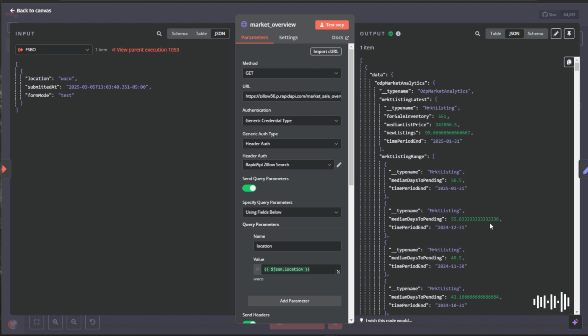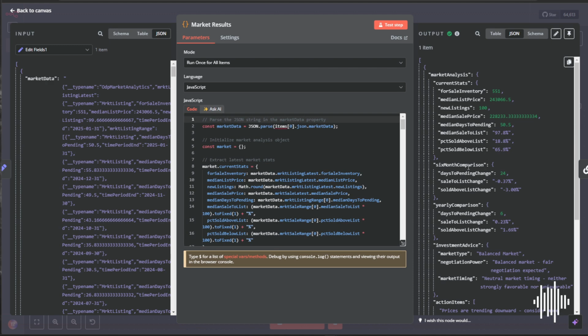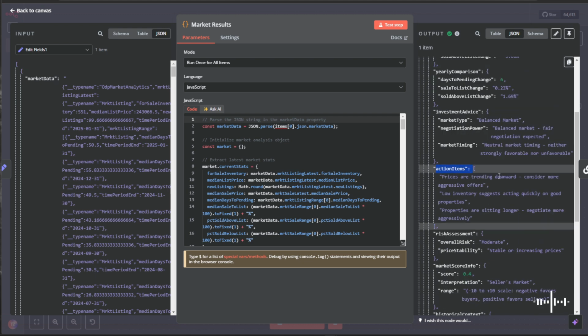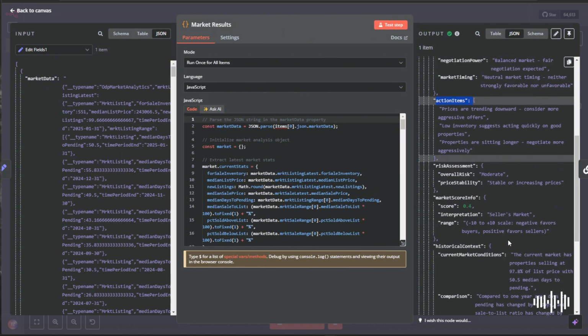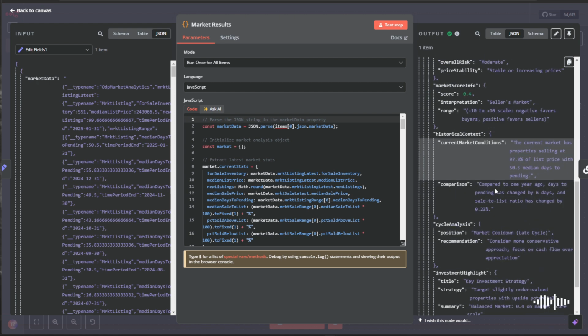It even gives us median days to pending to show us how long homes are sitting on the market. From there, we end up filtering this down and giving us actionable insights such as a 6-month comparison, a yearly comparison, investment advice. And this is where we're going to be deriving a lot of market assumptions from and tailoring our script from. So you see it gives us action items such as prices are turning downward, consider more aggressive offers, overall risk is moderate, seller's market, and it gives us the current market, how many properties are selling at what type of list price and how long they're staying on the market, and comparing that to a year